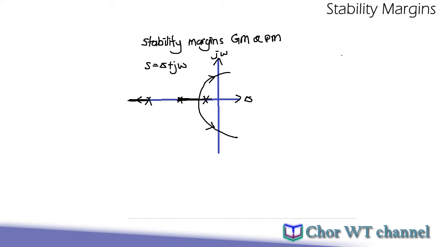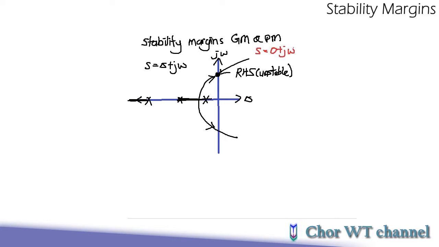If you look at the stability margins, basically we say that the stability margin is defined as the point here, which is located exactly on the imaginary axis, and any points that lie beyond this, which means on the right hand side of the s-plane, the system will be unstable. Hence, when we talk about the stability margin, we are looking at the point s equals 0